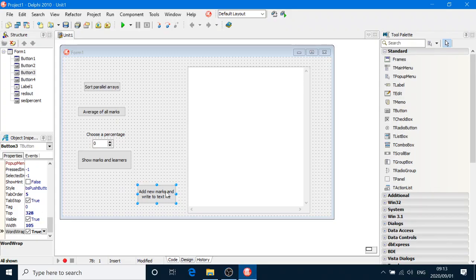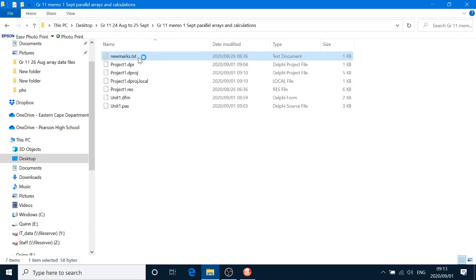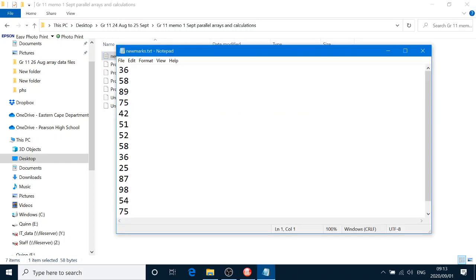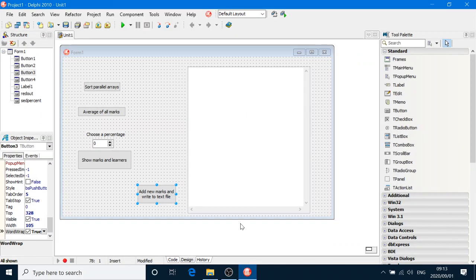We're going to use the same program, add a new button here. This button is going to add marks from a text file called new marks to the existing marks. All of those marks are going to be added to the existing marks in the array called